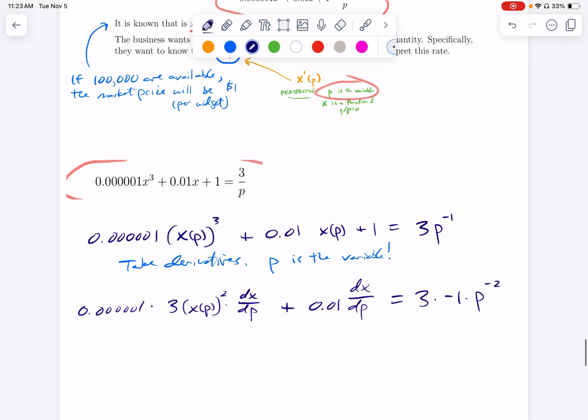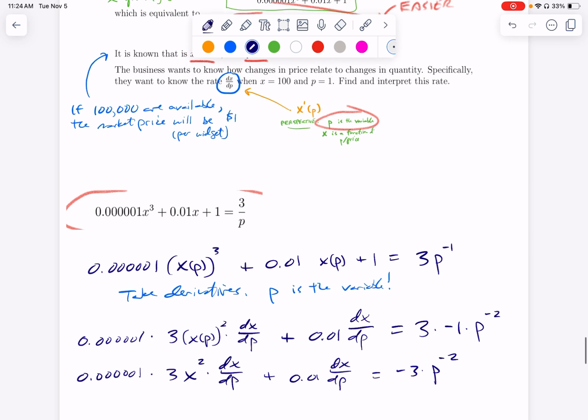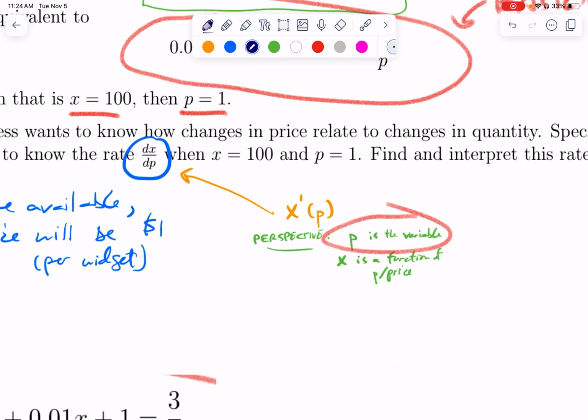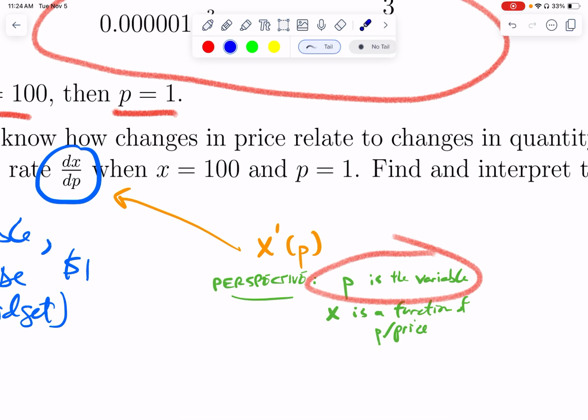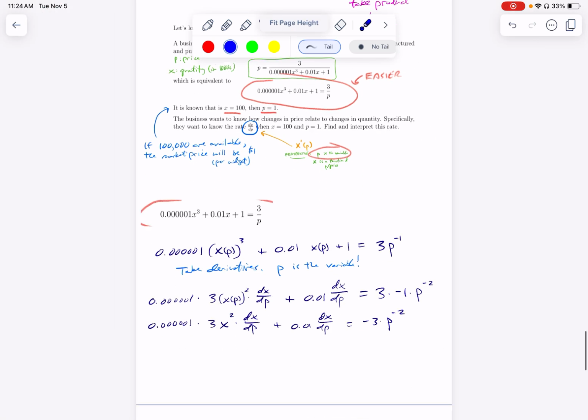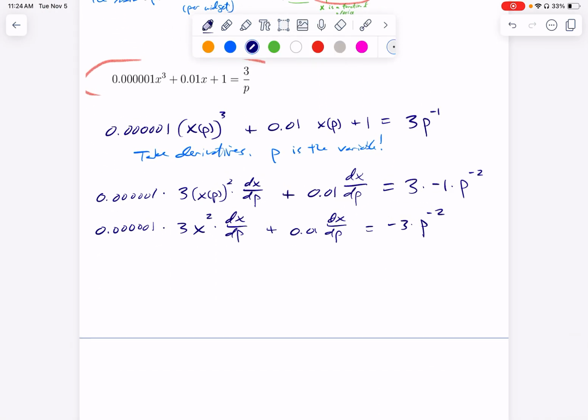So let's rewrite this. Let's just remind ourselves that x of p was usually just called x. And now let's plug in these specifics. So we want to know this rate of change when they're producing 100,000 widgets and selling them for $1 a piece. So we'll plug in their specifics. X is 100 and P is 1. So